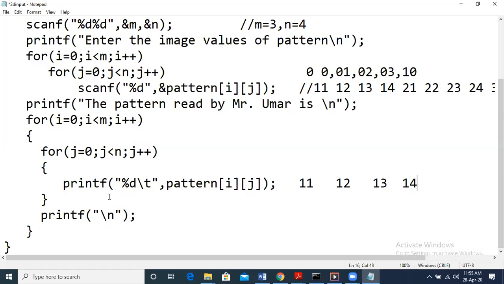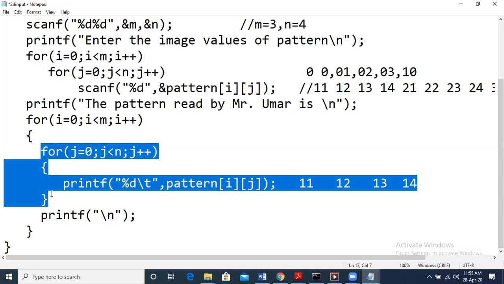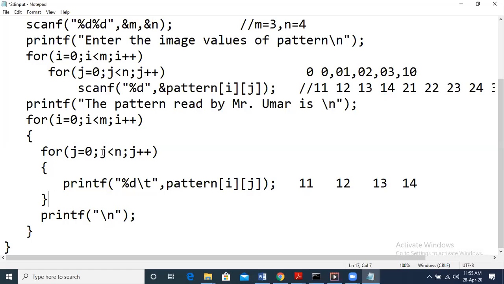Now when j becomes 4, 4 less than 4 condition is false, right? So it comes out of the j loop. The control comes out of this inner loop. There is a \n. After printing this, the cursor will come to the new line.